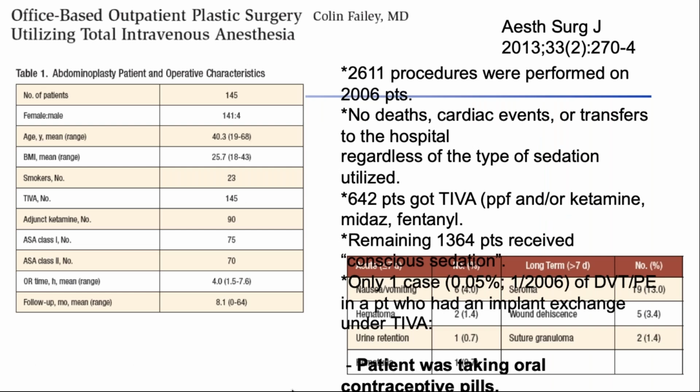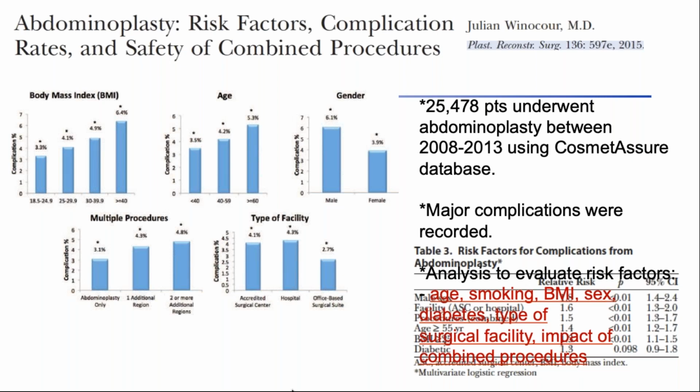This is another slide that comes from the plastic surgery literature. And again, the question here is, the authors looked at many patients undergoing abdominoplasty. Patients had complications. However, interestingly, only one patient suffered a PE, and it turns out that the patient was taking oral contraceptive pills. So there's really not that much that we can conclude from this study, looking at over 2,000 patients, about what risk factors in this relatively healthy population can help us decide which patients are appropriate or not appropriate for